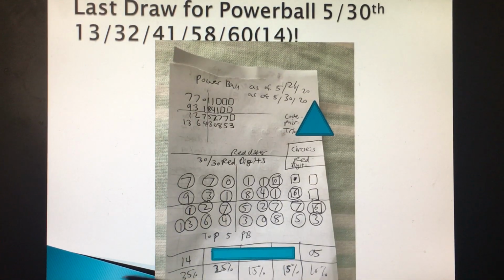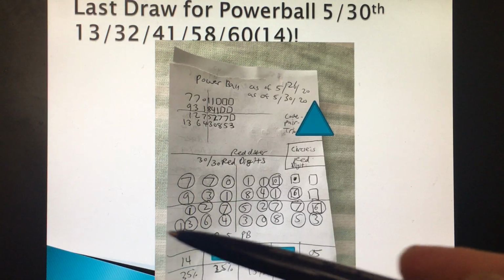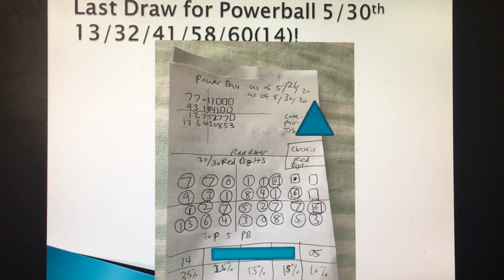Now, 14, for those who got my list, you know I'm not making this up. 14 was the top Powerball pick. Some people got my list. They know I put 14 as the top Powerball pick. They know this Dster was used for the last draw, so I'm not making this up. He got 4 numbers with his own pick,